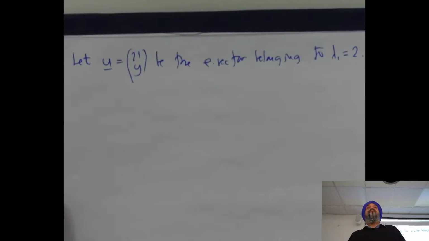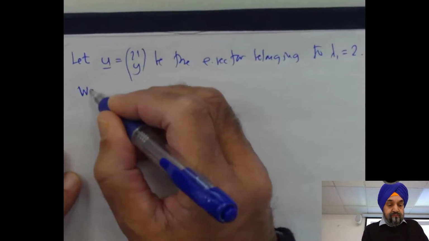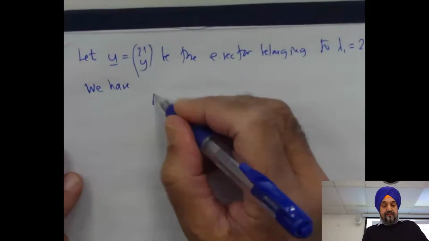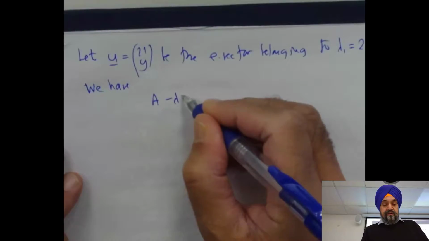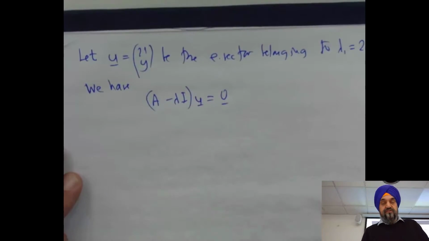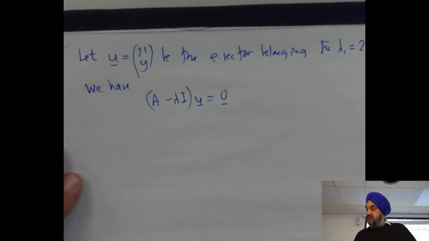How do we find, yep. Yes, exactly. We have (A minus lambda I) u equal to 0, haven't we? Okay. Now A, of course, is given to us. A was